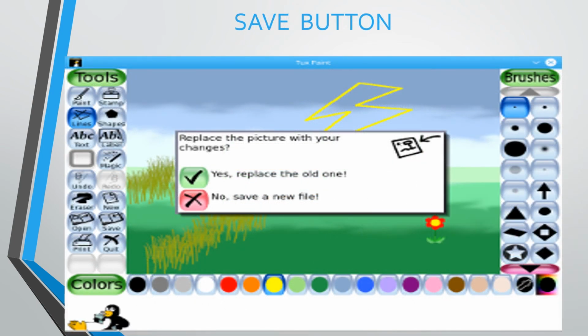Save button. If you want to save your picture, then you have to click on the save button. Okay, and you can see two options will appear. Yes, replace the old one, or no, save a new file. So you will click on the new file.